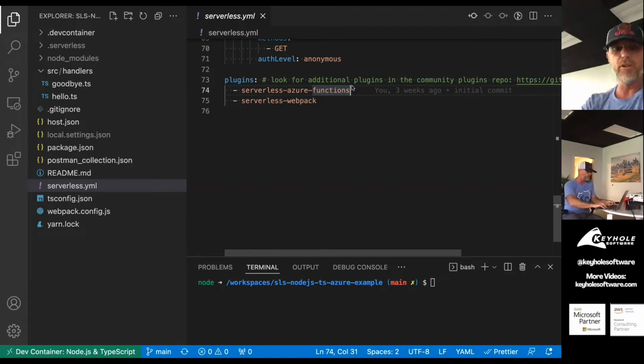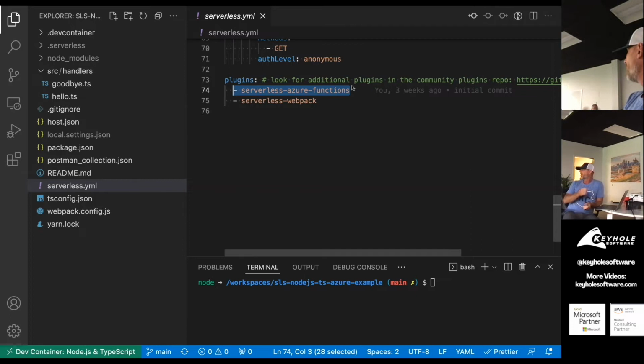And then this Serverless Azure Functions plugin is really a local debugging mechanism so that I can actually run these Azure functions in my local environment without spinning up all the infrastructure on Azure, which is kind of the coolest feature of the whole serverless framework, is I can run all of this on my local machine, run through it with never deploying anything to Azure, test it, debug it, and then deploy it. Okay? I don't have to connect a remote debugger. I don't have to go through any sort of cumbersome API to do that. It's just going to work because I'm including this